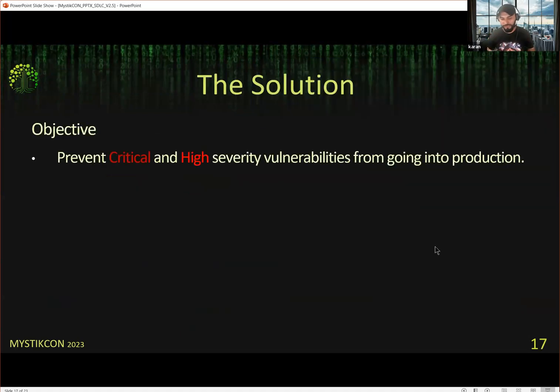So I was talking about a guardrail, right? From experience, what I like to do is, every time you define a security guardrail, you need to have an objective. Like, what's the objective of that security guardrail? Now, at a high level, let's take an example. Let's say as a security team, you want to define a guardrail that prevents critical and high vulnerabilities from going into the production environment. Now, this is a little bit of a vague guardrail. However, it is a guardrail, right? So this is the objective of your guardrail.